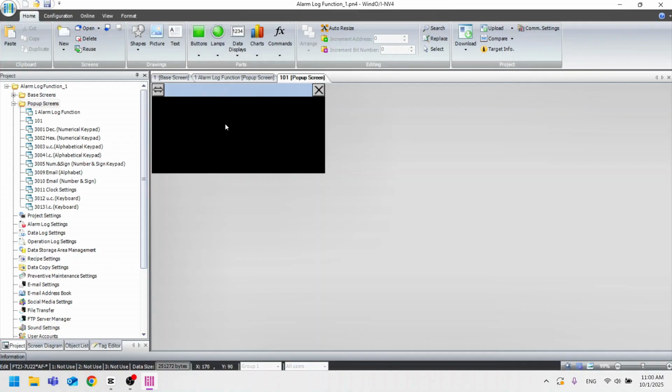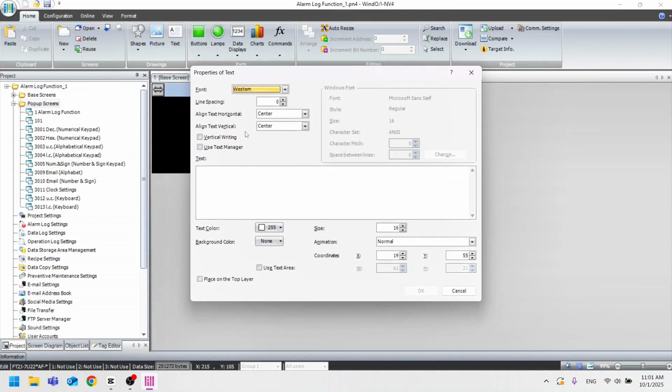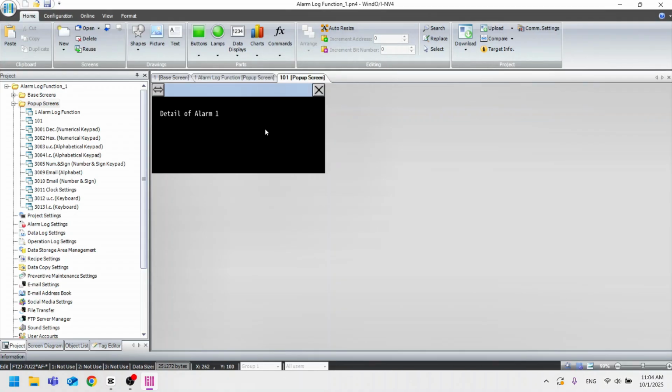Next, we're going to add some text to specify which alarm this screen is for. Go to the Drawings menu at the top, select Text, and then draw it onto the pop-up screen 101 we just created. In the Properties of Text window that appears, enter Detail of Alarm 1 into the text field, and then click OK. In a real project, this is where you could add detailed information about the alarm or provide